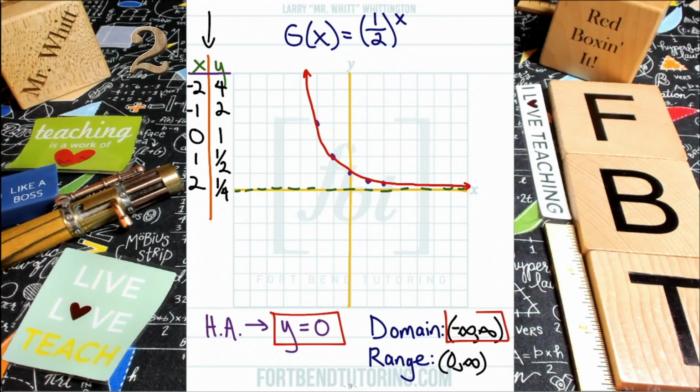That's right, guys. So we have our domain, our range, and our horizontal asymptote. If they should need that information, we got it ready for them. All right, so there you go, guys. I hope you enjoyed problem number 2. Next up,